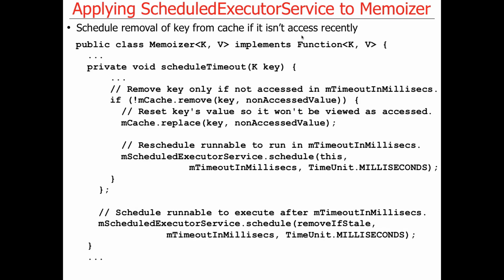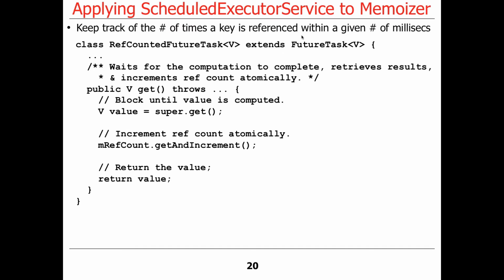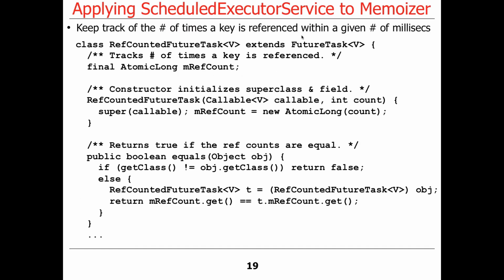Yes. Great point. So this call here, remove, right? This call is going to check to see if the value equals this value. And so that begs the question, what's that check? And here's the check. So equals on a ref counted future task, which is what gets stored in the concurrent hash map, is ultimately going to check to see what the ref count values are. So what we're saying here is if the current value in the hash map equals the not accessed value, which has a ref count of 1, then they're equal. So keeping that in mind,